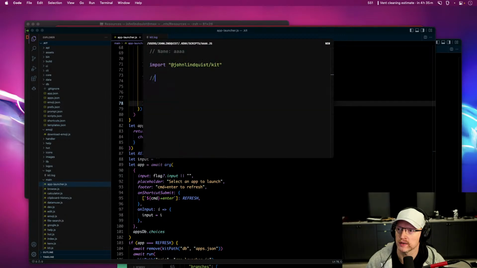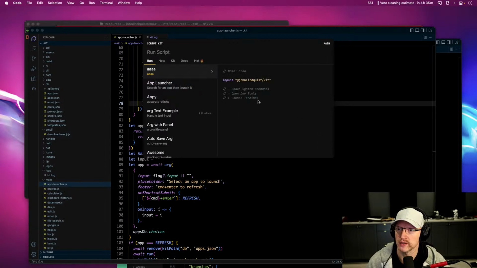So it'll be minus, shows system commands and open dev tools, launch terminal or something. So that the first script here would show you the stuff and just give you some tips. And that's gonna be one of the last things I write, but